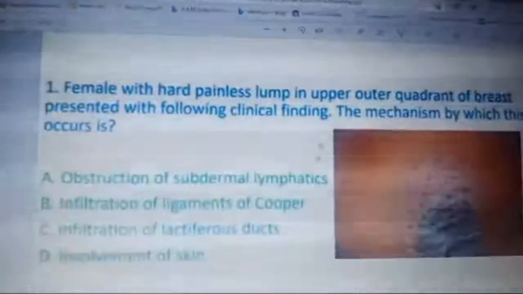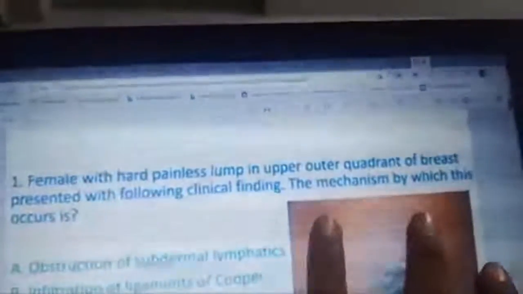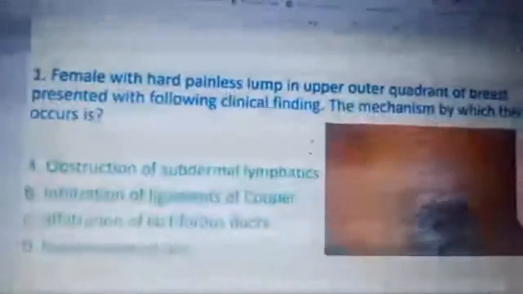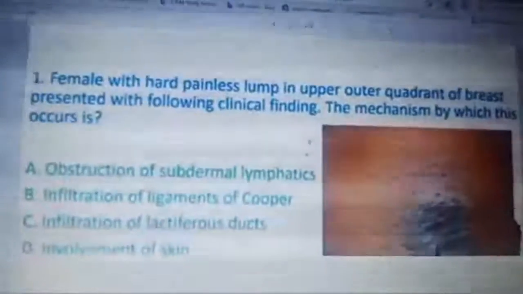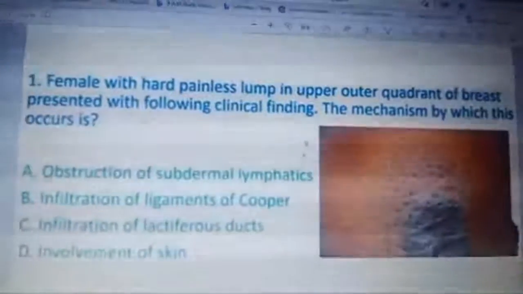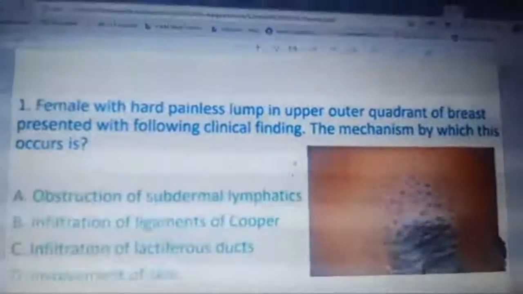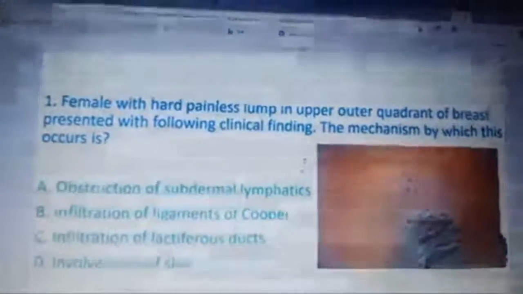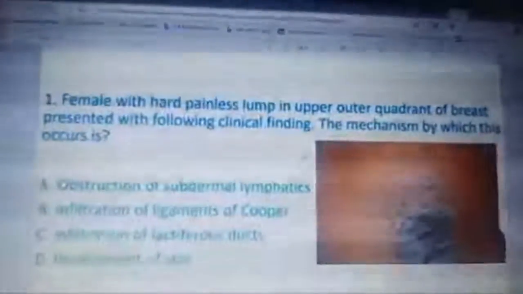Okay, and in the infiltration of the lactiferous duct there is also swelling seen over the other part of the breast, while in the obstruction of the subdermal lymphatics you can see the orange-like appearance, and it is called the peau d'orange appearance, and it is usually seen in a painless lump of the breast or breast cancer. Okay, so the answer here will be